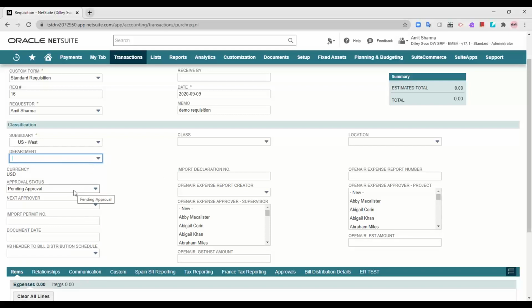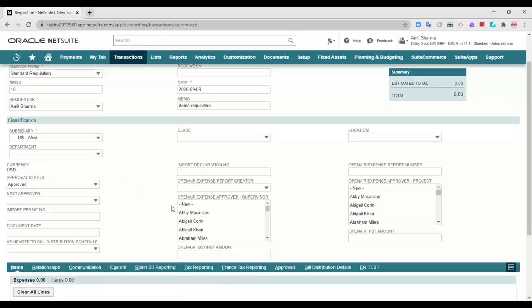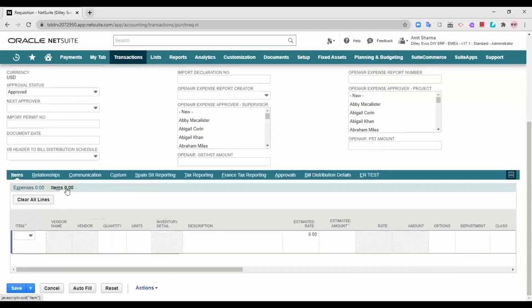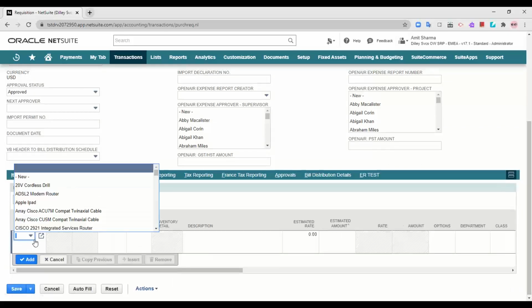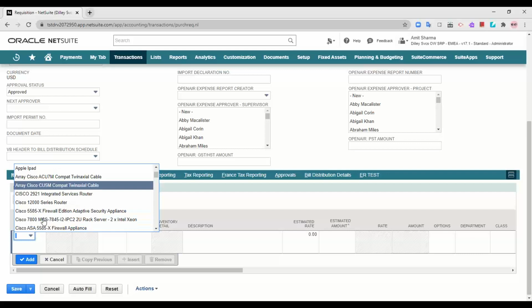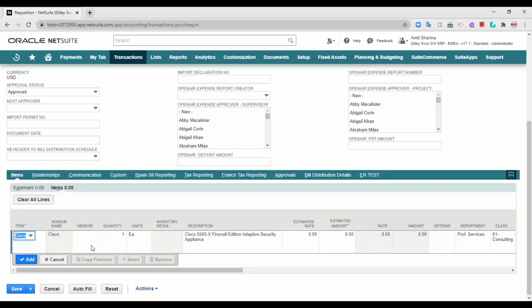Now here, this is the approval status. Had I logged in from an employee center role, I wouldn't have this option over here. This option wouldn't be active. Since I have logged in as an administrator, I have this option active, so I'm just going to approve it. For the items, I can check any of the items that I would like to order.